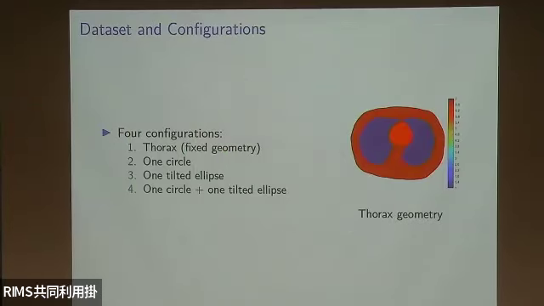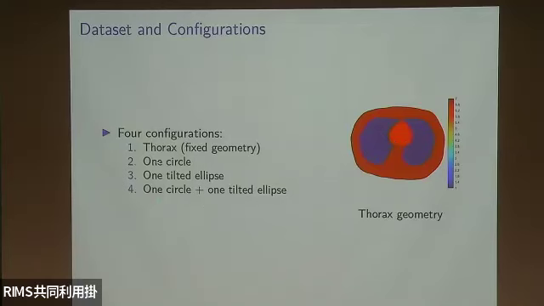So for the testing of our results, we have 4 configurations. This one is the fixed geometry, meaning these are not moving. So this is helpful for just monitoring. You're not concerned about the location because you know in a healthy tissue the lungs are not moving and they're fixed. So you just want to check if the conductivity is changing. The good thing about EIT is that it's very cheap. You can use it for monitoring, meaning the person can have the apparatus attached to their body 24/7. So in that case, you don't need to get the geometry, just the value inside the inclusions.